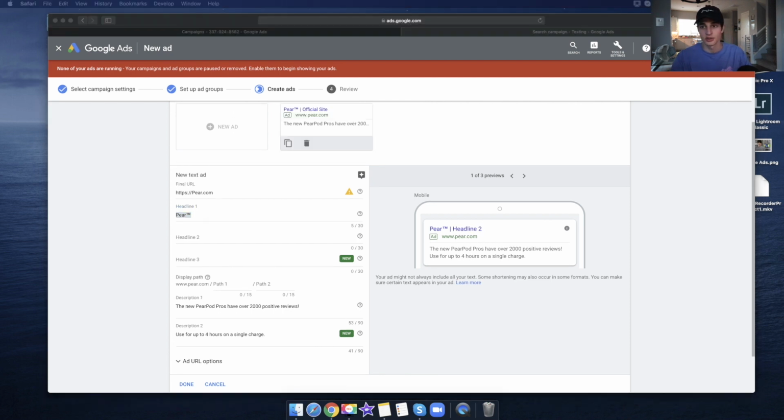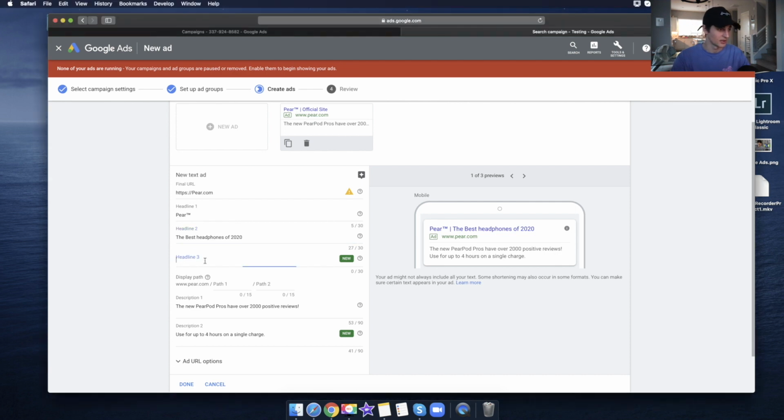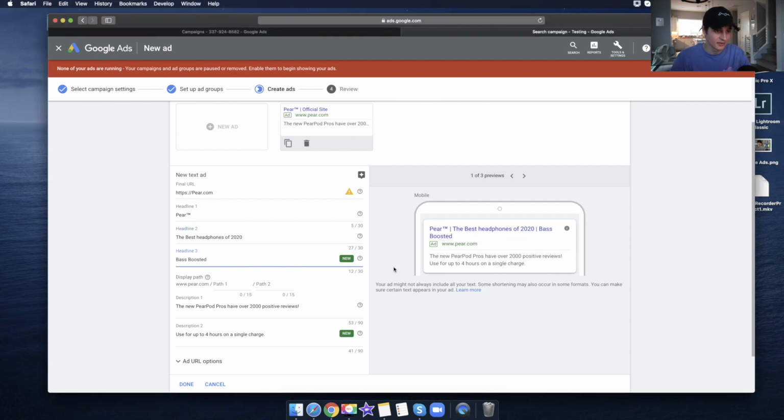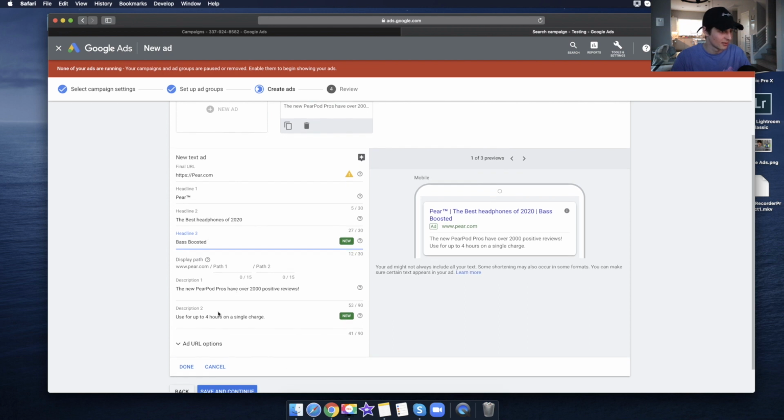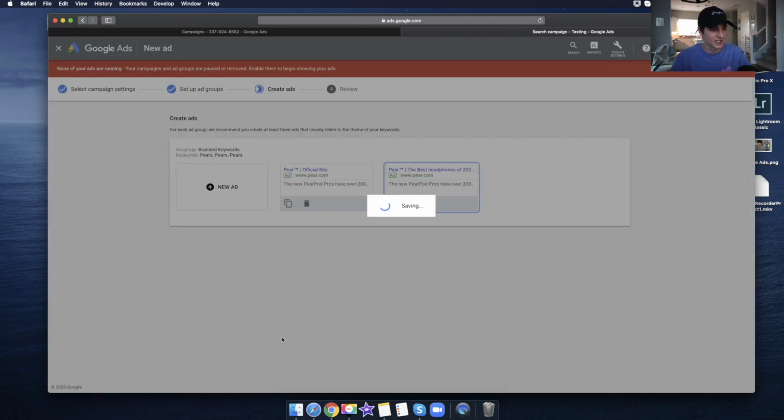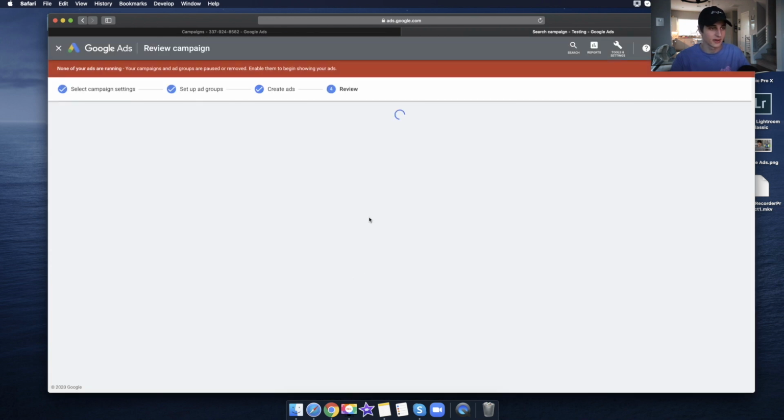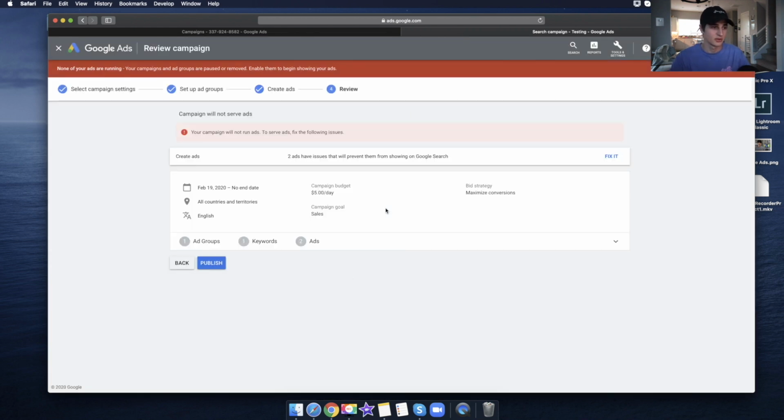Now, we're going to start doing some different stuff. I'm going to keep Pairs in there, but I'm going to bring in some bold claims. Best headphones of 2020. And then we're just going to mix and match: the best headphones of 2020, bass boosted. I'm going to keep the descriptions the same and I'm going to save and continue. So I'm not going to do 3, I'm only going to do 2. You can create up to 5 for this campaign, but the only reason I'm doing 2 is because you guys get the idea. You're just going to mix and match these headlines, features, benefits, bold claims,